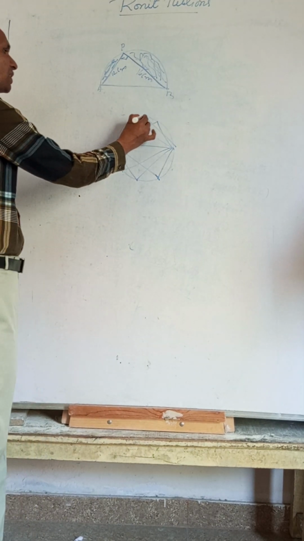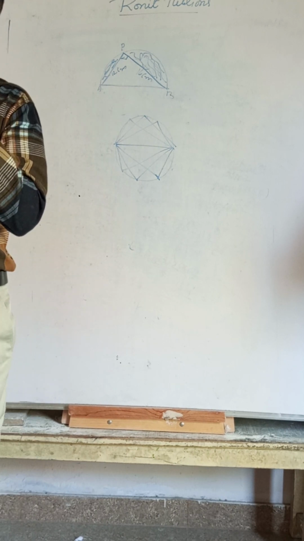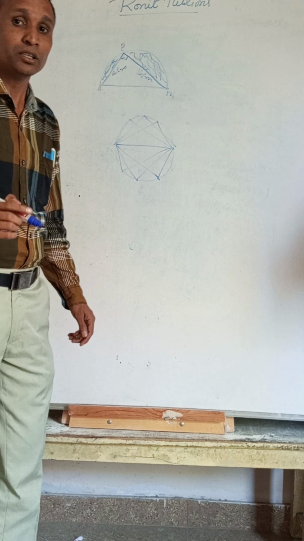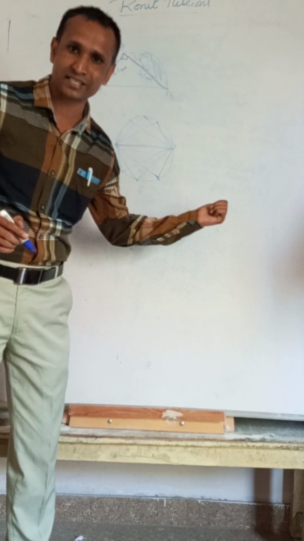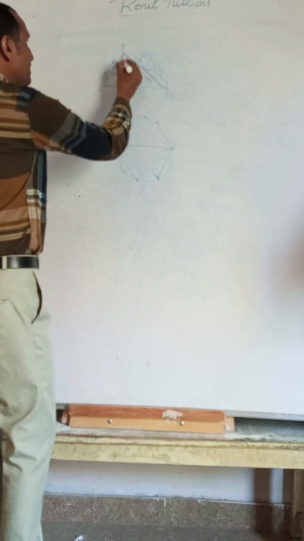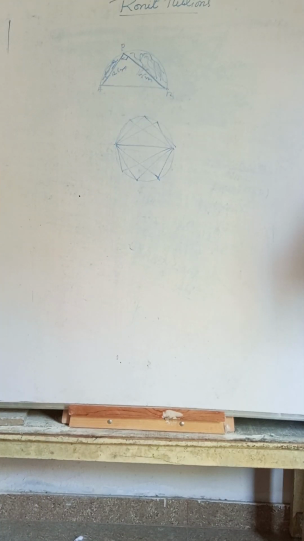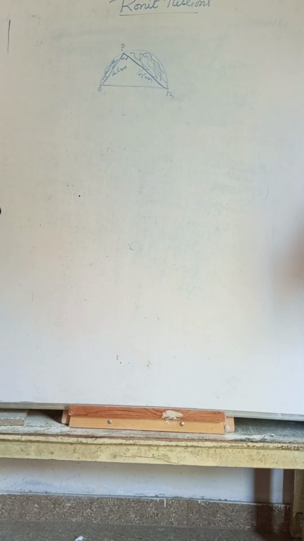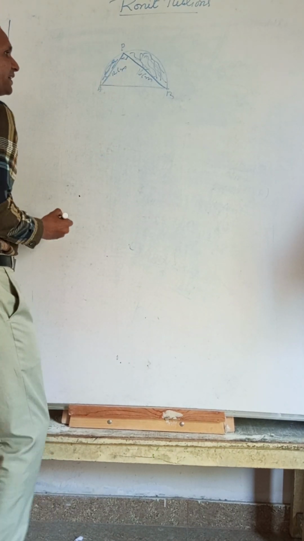It means the angle made on the circumference from the diameter is always 90 degree. So this angle is 90 degree. Proof you want? In the next videos it can be uploaded, and you can get the proof of this. So this triangle is the right angle triangle.